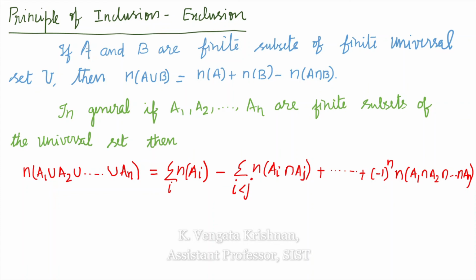The last term is going to be minus 1 to the power n, of n of A1 intersection A2 intersection etc. An,